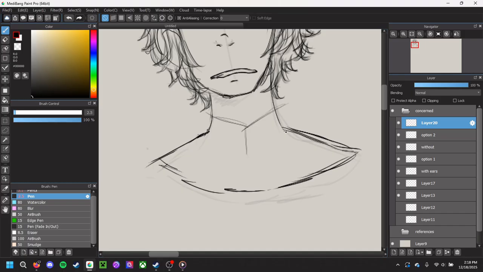So I'm gonna do something quick. Actually, hold on. Probably like this. I'm not good at symmetry when it's drawing, but